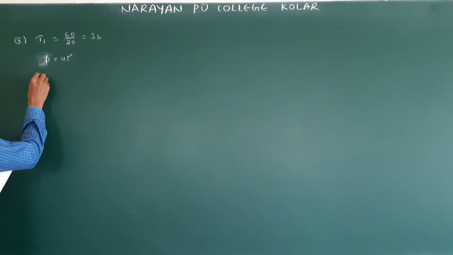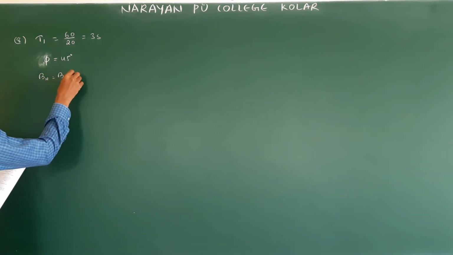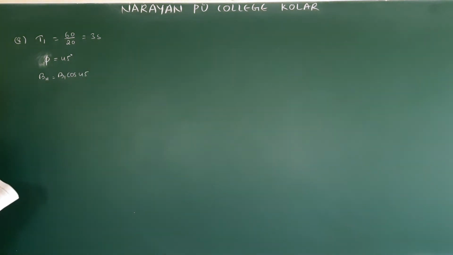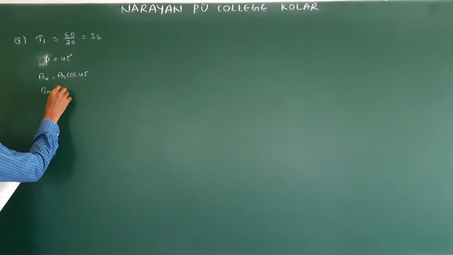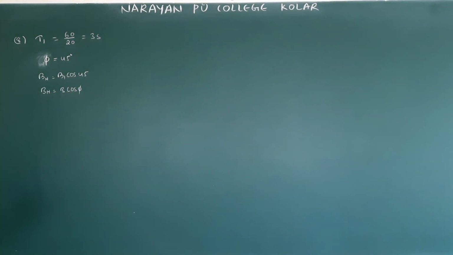So here the field, how do we write? BH at this point is equal to B1 cos 45. Okay, what is the BH formula? BH is generally B cos alpha. We took alpha in the previous textbook discussion, but small changes are there. Please notice that instead of alpha, in some places and some questions we will take a different angle. It depends on how we consider it.